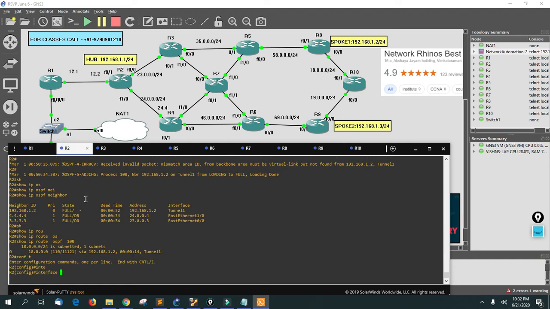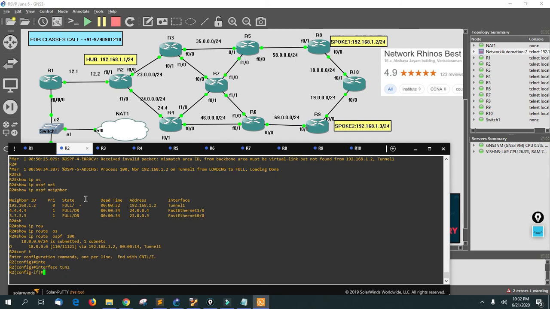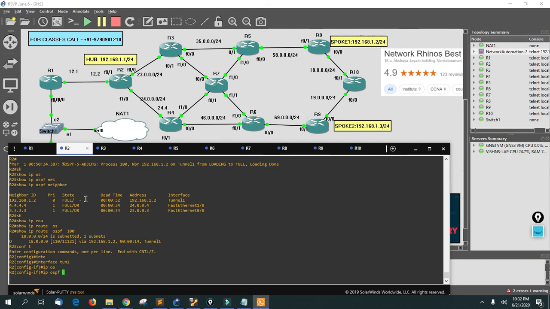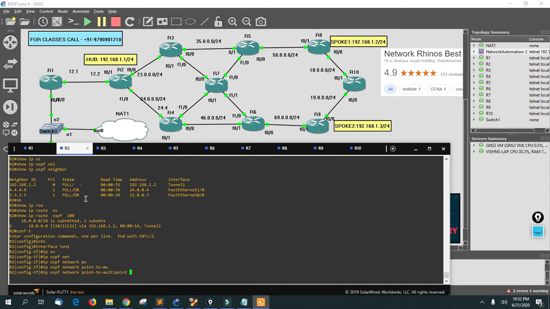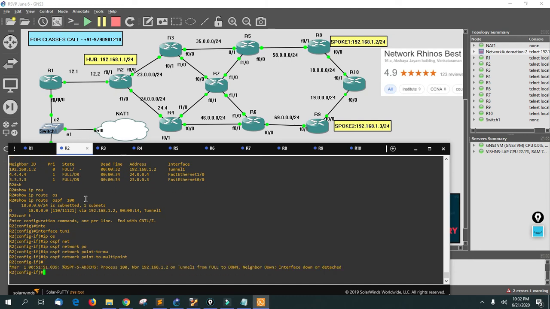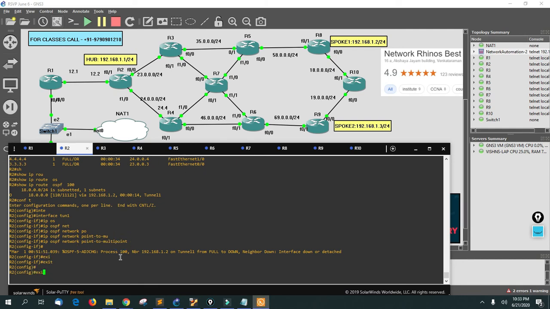Interface tunnel 1, IP OSPF network point-to-multipoint. So now there will be a problem. See, your tunnel interface between R8 and R2 went down. Why? Because the point-to-multipoint hello and dead interval is 30 and 120, I think. Let me show you.